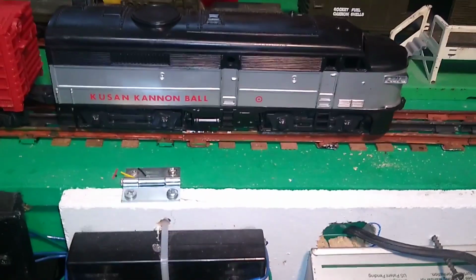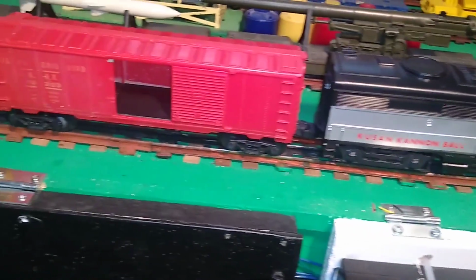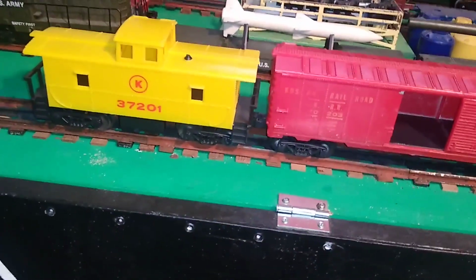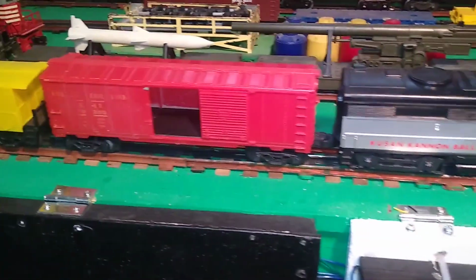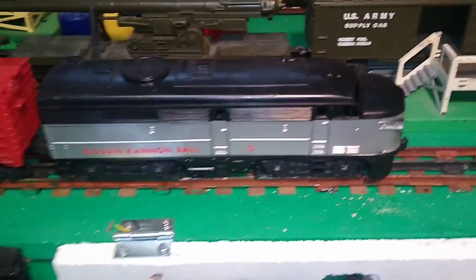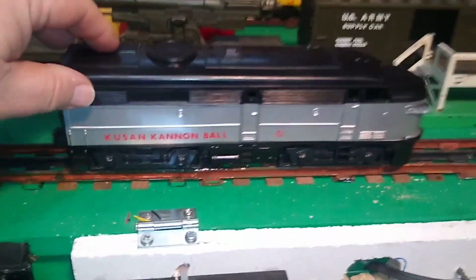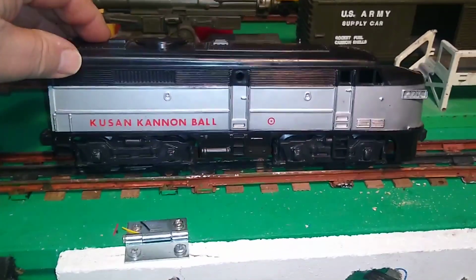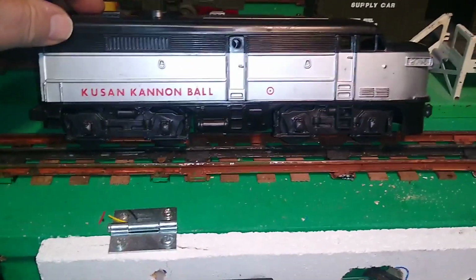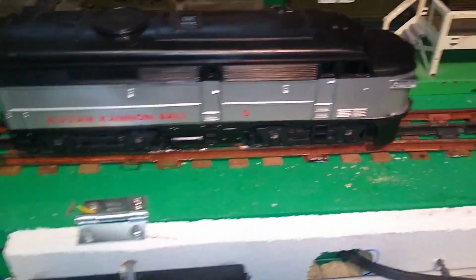Hello again, this is Mike with Toy Train Tips and Tricks, and this is the Kusan Cannonball. Well, what's the Kusan Cannonball? Well, in 1956, 1957 or thereabouts, if you took a proof of purchase, a box top from a Post cereal and 75 cents, you could send it off, and again, 75 cents and a cereal box top, could get this Kusan Cannonball FA dummy diesel